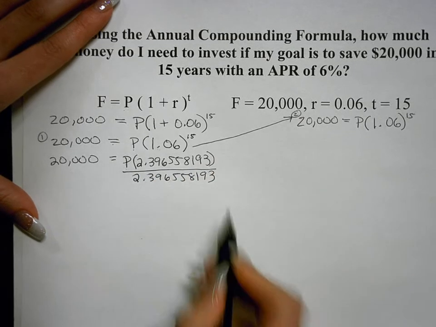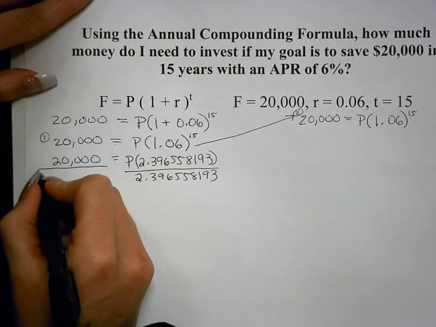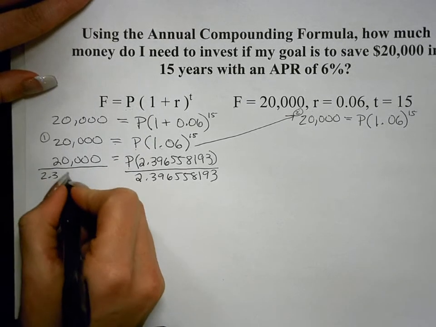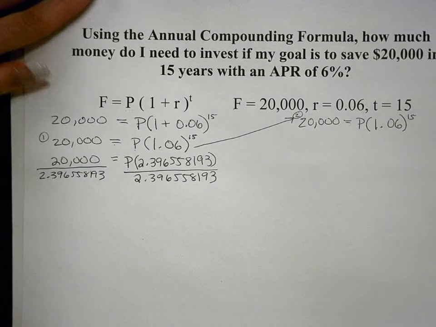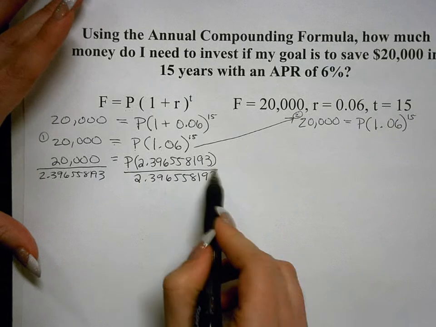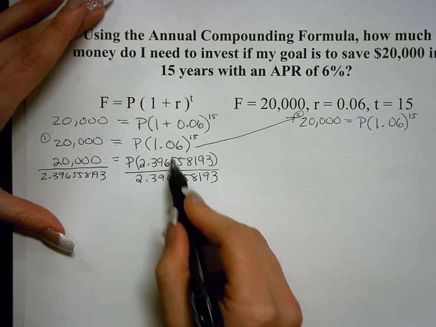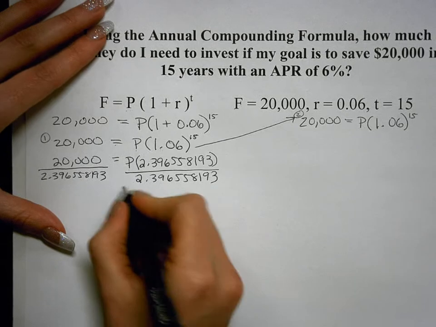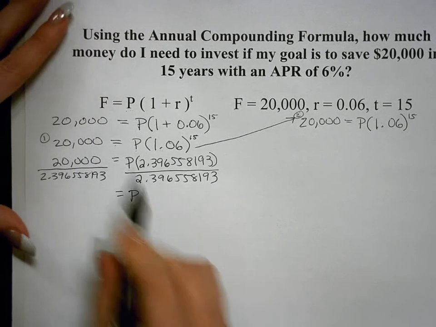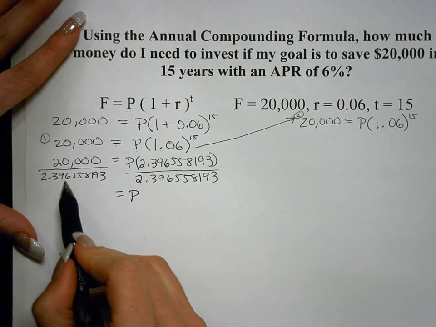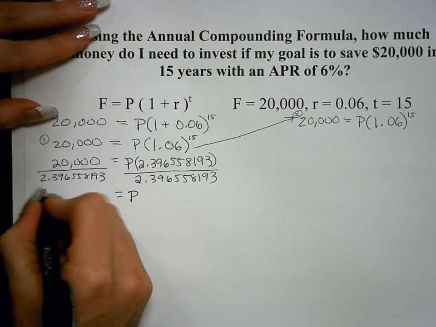2.396558193. Whatever we do to this side, we have to do to this side of the equation, which would be 2.396558193. Okay, 2.39 and so on divided by the same number is going to equal 1. 1 times P is equal to P. Therefore, we have isolated P by itself. When we go 20,000 divided by 2.396558193, we actually end up getting